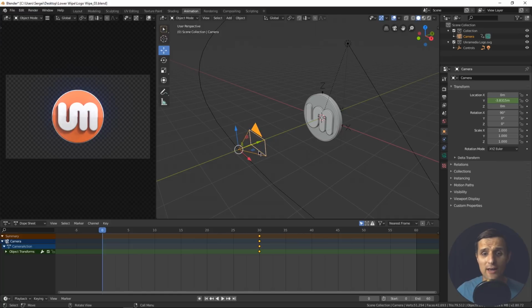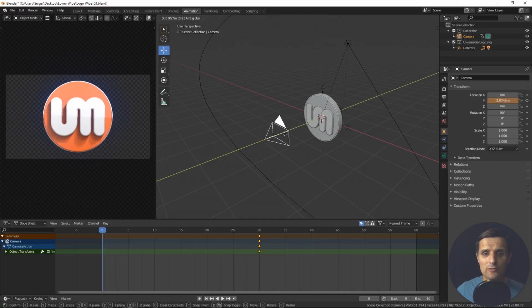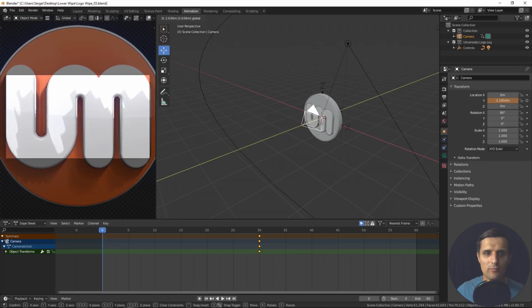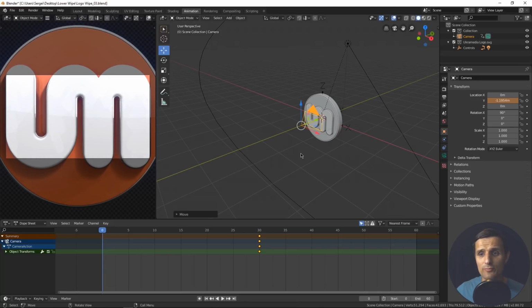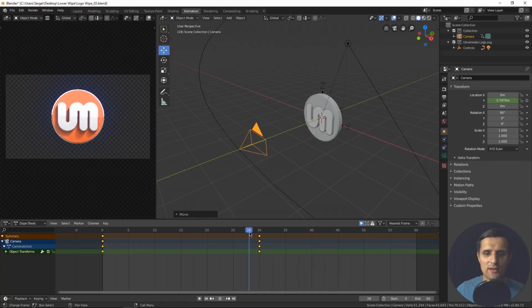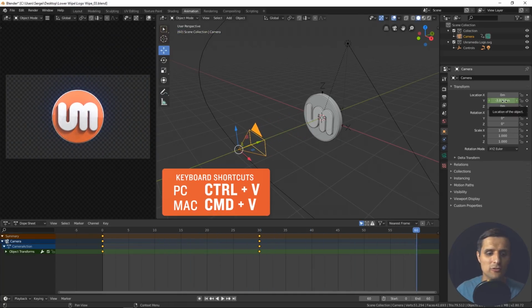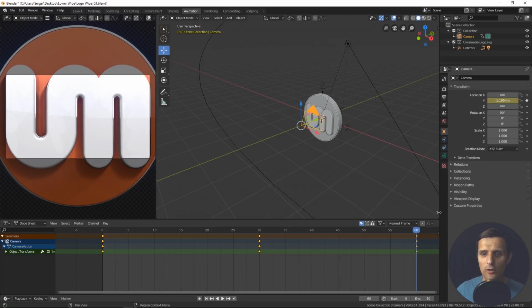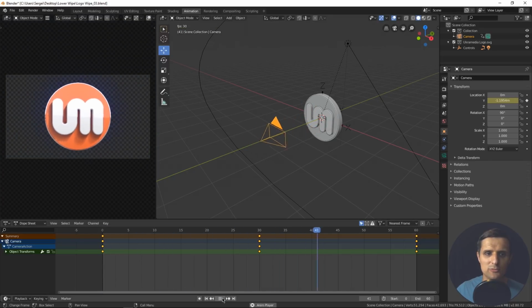So starting out, I want for this camera to go all the way to it like this, maybe right about here. Something like that. That's good. I'm gonna set a keyframe and I'm gonna hover my mouse over it and Control-C and copy this value. Okay, so it's starting out like this, and then I wanna go back into it at frame 60. So I'm gonna hover over it, Control-V and paste. And make sure you set a keyframe. There you go. So now, if I preview this, you can see it kind of zooms out and goes back